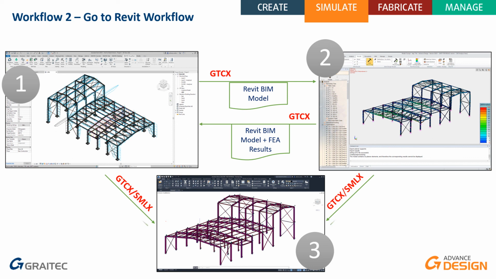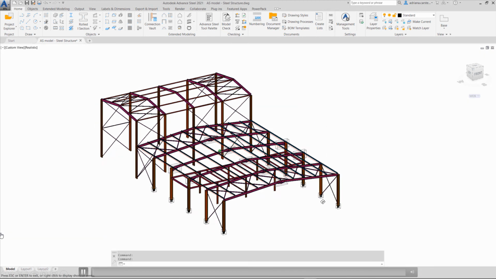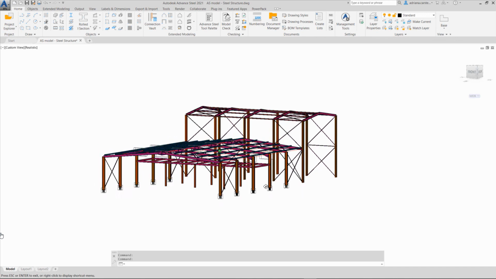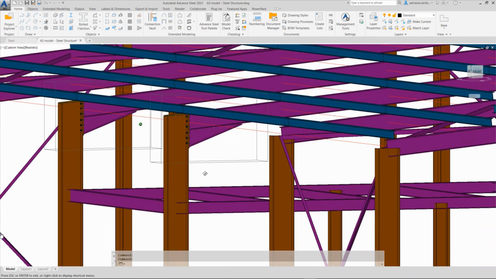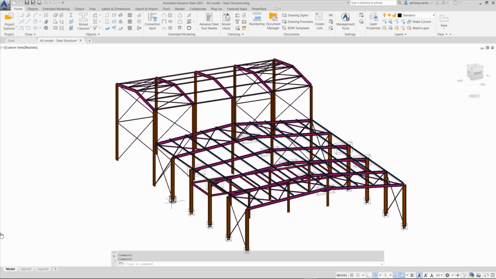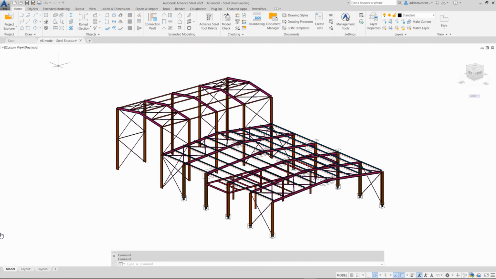So this is the purpose of offering multiple workflows, to make them applicable for any kind of organization inside your engineering office. So let's show in action some possibilities regarding this workflow. Okay, so here we have a steel model. It's an Advanced Steel frame. It's an industrial building made in Autodesk Advanced Steel. This model contains some steel connections with base plates, as you see.